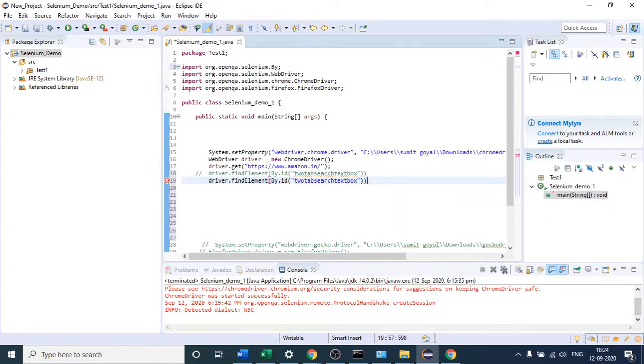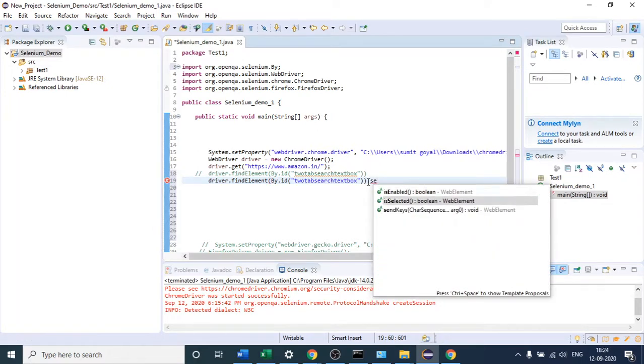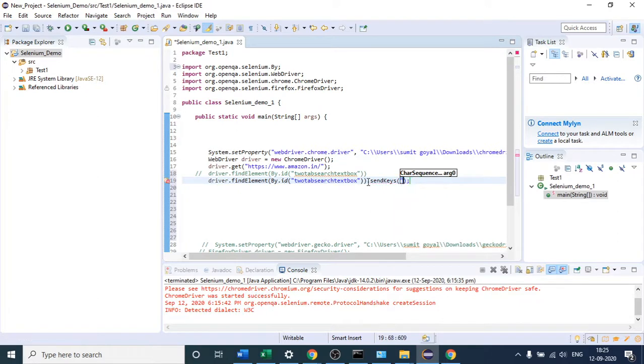Let me remove this. So one method is there which is this one, sendKeys. If I use this method and inside double quotes, suppose I have to type Nokia 1110, something like this, any text. So what it will do, first of all, this step will identify where that text box is.